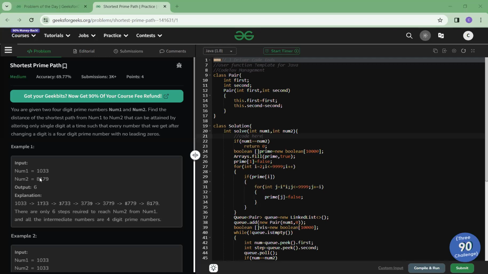So number one is 1033 and number two is 8179. So your explanation here is 1033, then 1733, 3733, 3739, and then 3779, then 8779 and 8179. So there are only six steps required to reach number two from number one, and all the intermediate numbers are